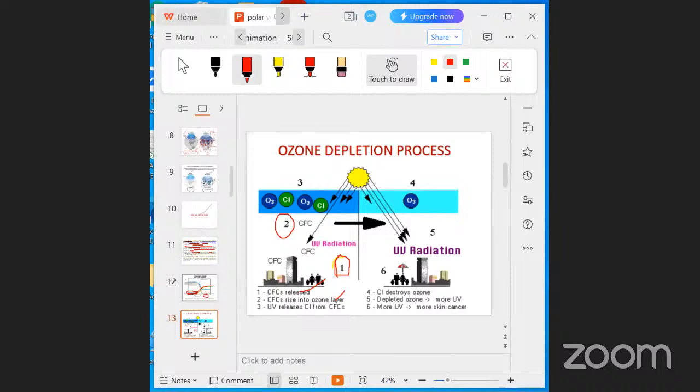Winds efficiently mix the troposphere and evenly distribute these gases. The chlorofluorocarbons are extremely stable and they do not dissolve in rain. So after a period of several years, these ozone depleting substance molecules reach the stratosphere, about 10 kilometers above the Earth's surface. Okay, 10 kilometers. Next one is